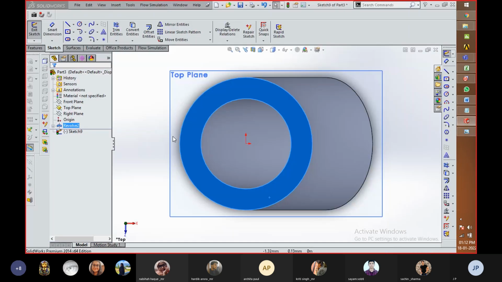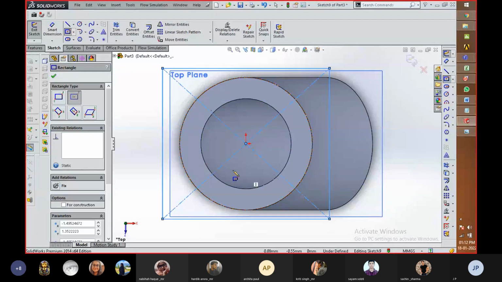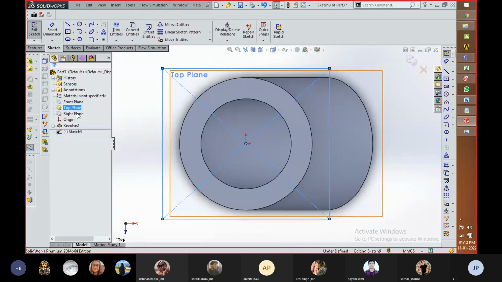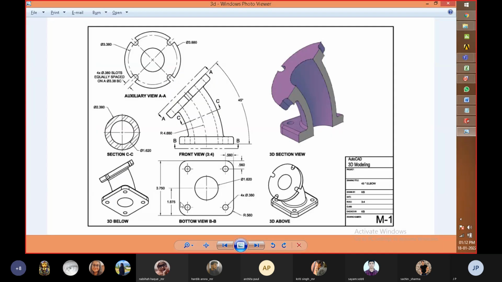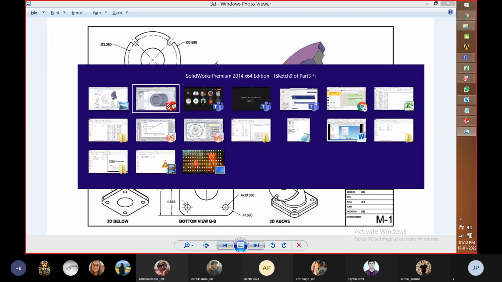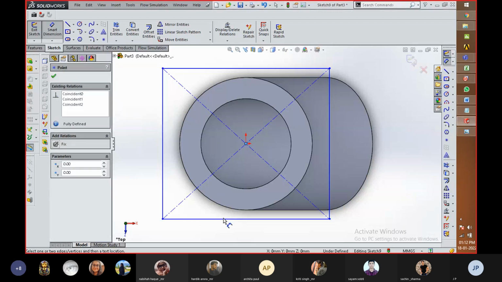First of all, I am going to create a center rectangle with the help of this tool, and I am also hiding the plane, because it creates an illusion about what the real rectangle was. With the help of this, we are going to create a rectangle with a center distance of 1.875. It actually helps in placing the rectangle at the center.